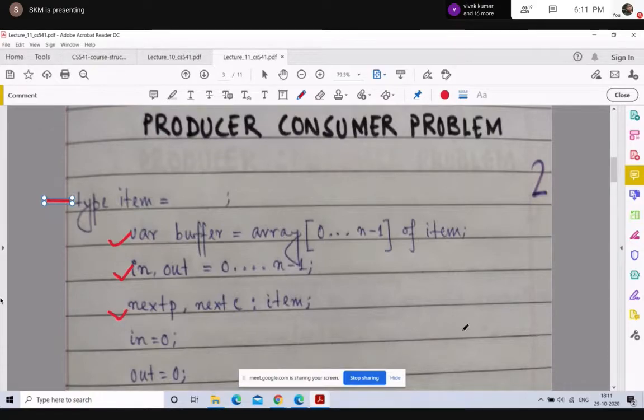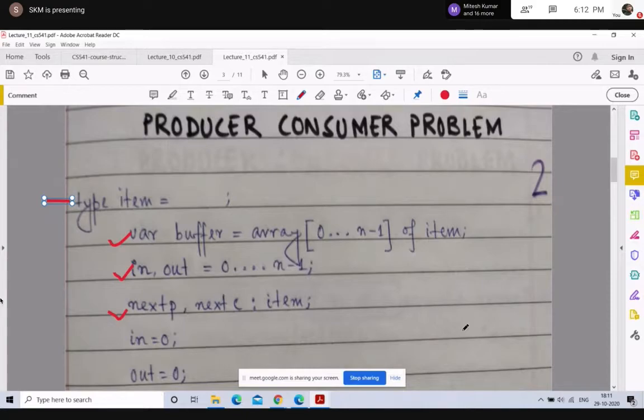What is the need of these two variables? The assumption here is whenever the producer produces an item, it will be assigned to next P, and then from next P, it will be loaded onto the buffer when some location in the buffer is free.